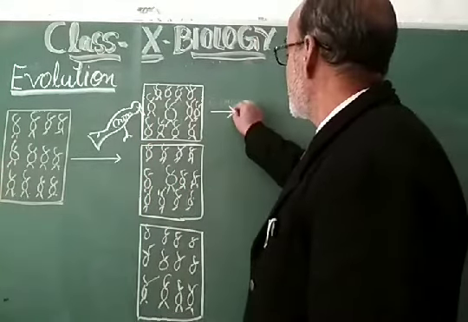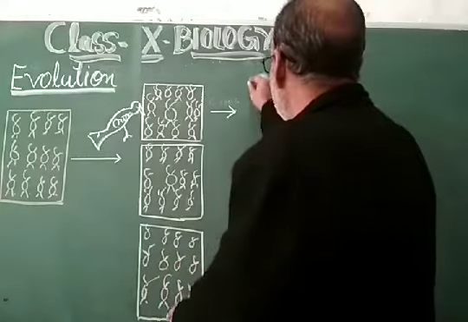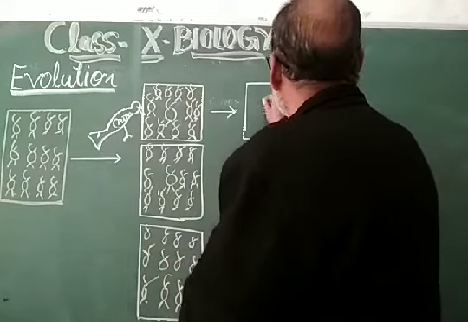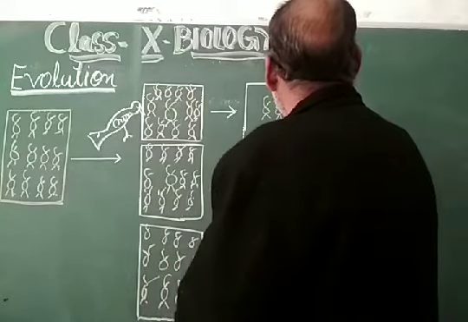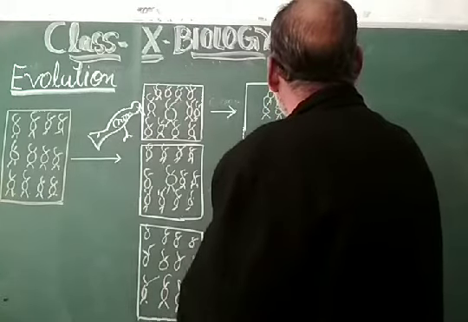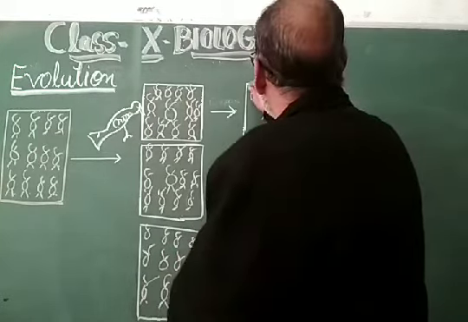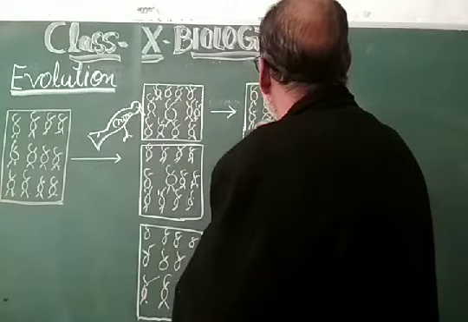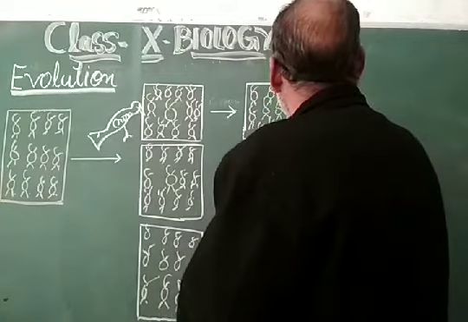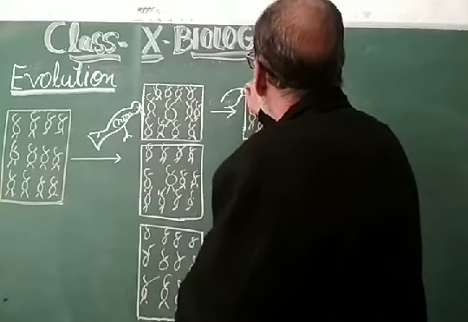Then what happens in the second condition? There will be the production of more and more green beetles. Green beetles get increased so that they can escape themselves, and the rest are red beetles. Again the crow is here, and this crow is hunting these.